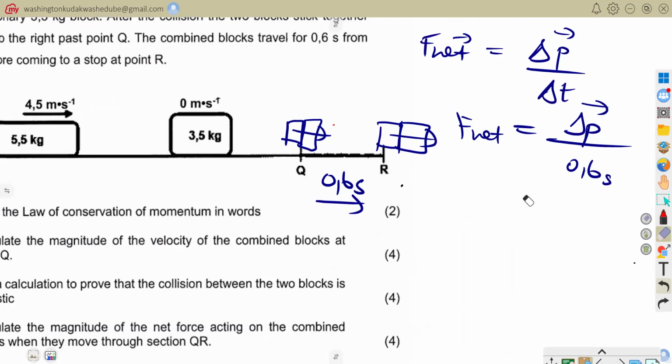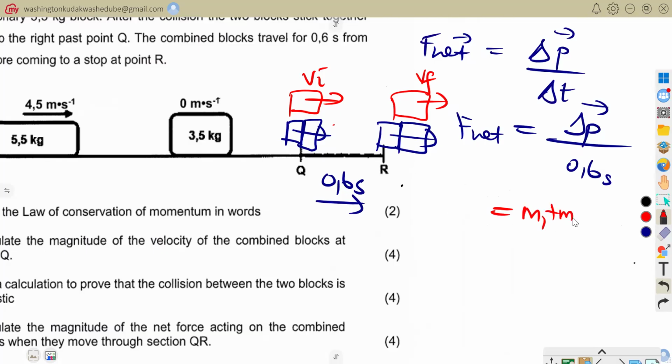The change in momentum here, we have our two objects combined as one, moving with an initial velocity. Now they'll have a final velocity. So here I would say mass 1 plus mass 2, bracket V final minus V initial,